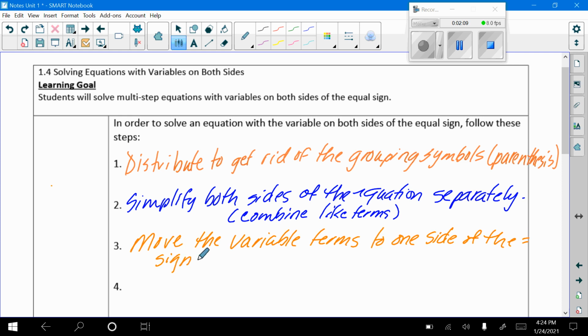And I want you to do that by moving them across by addition or subtraction. Add or subtract to move across. Right? Then,